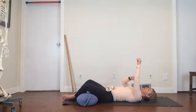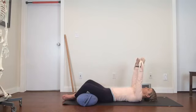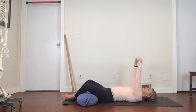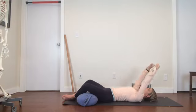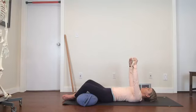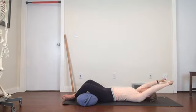Watch what your elbow does. Wherever your elbow starts, just allow yourself to move in that range where the elbow stays as it is. And if there's any clunking or clicking, maybe try moving in the range that doesn't have that. The furthest you'll go is alongside your ears. Pay attention to your ribs, and if you're wanting to overly grip in through the upper abdominal muscles to hold the ribs down,